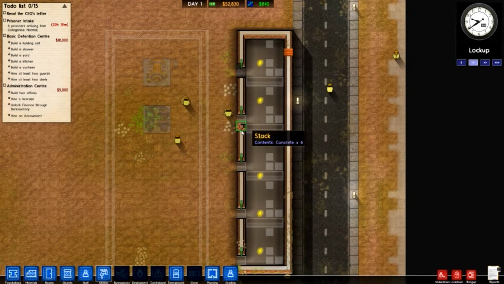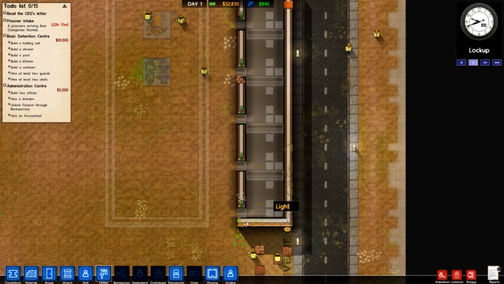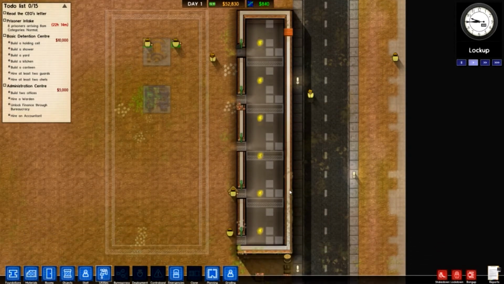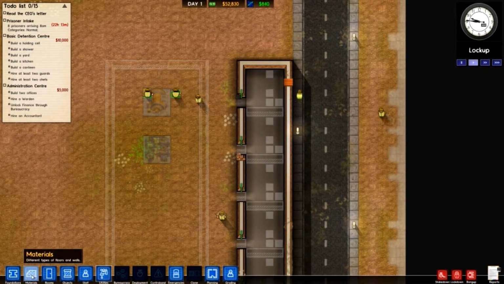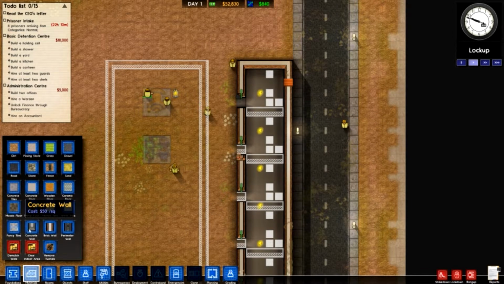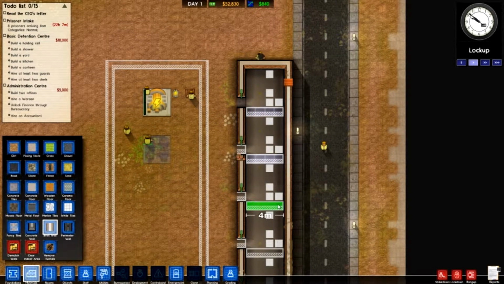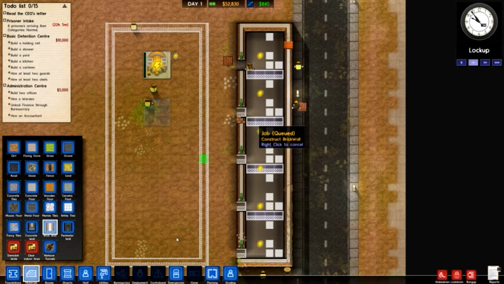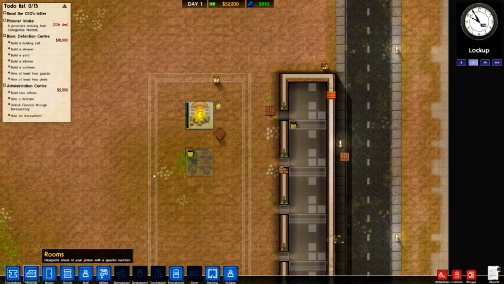But as you can see, I had put walls in between these offices. Whenever you build a foundation, all the interior walls that you may have planned out aren't actually done. They only do the exterior walls, so you have to go back in and do that by hand. So you come over to materials, pick concrete walls or brick walls, whichever, and just left click and drag over all those,